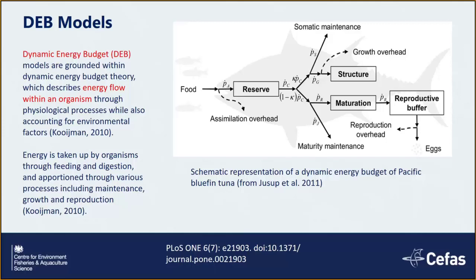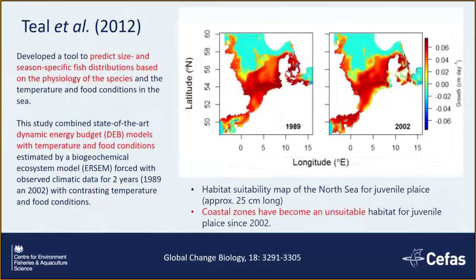There's a website called List My Pet, which has all the parameters, and it covers everything from sponges to humans, using these dynamic energy budget models. But I just showed a nice picture of one that's been done for Pacific tuna. But the reason I'm talking about this one mainly is that there's a group that was based in the Netherlands